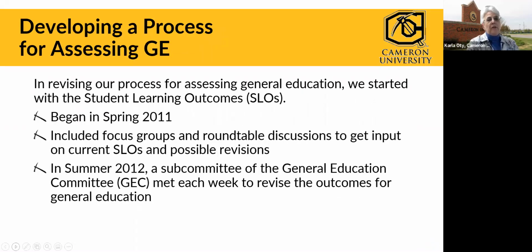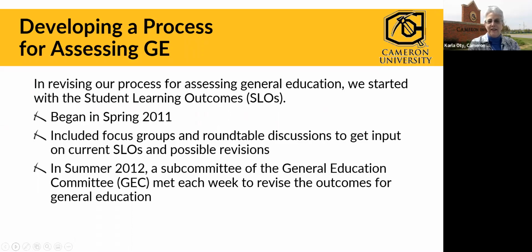Right. So the first thing we had to do was start over with our SLOs, our student learning outcomes. Ours had not been revised since something like 1983, so they were out of date. The language wasn't great. Some of them weren't measurable. And so that was one of the pieces of feedback. You'll notice that we had our visit in fall of 2010 and we started in spring 2011, and so we were going to redo our student learning outcomes.